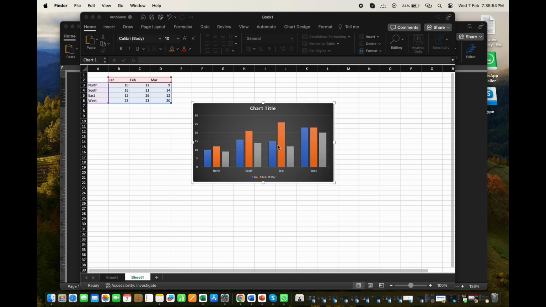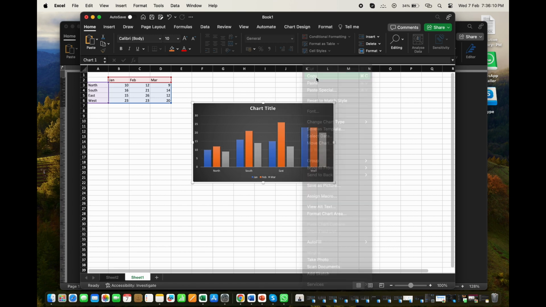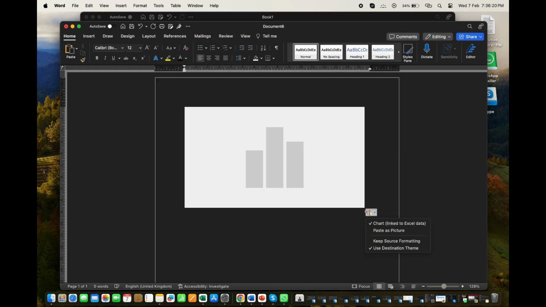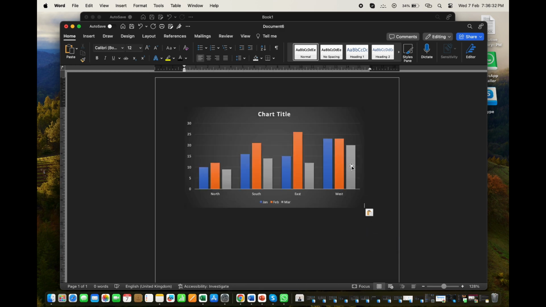Now we just choose our chart. Click here. You will see it's come up with the border all the way around. Now, just copy the chart. And now we go to Word and all I have to do is click on paste and it will be pasted. Now the beauty of this is that you can see here the data value is 20